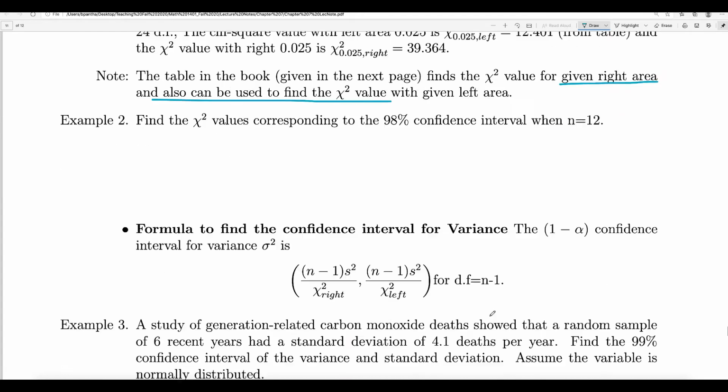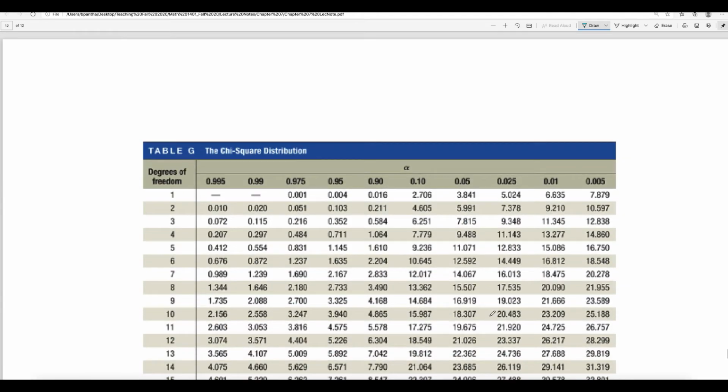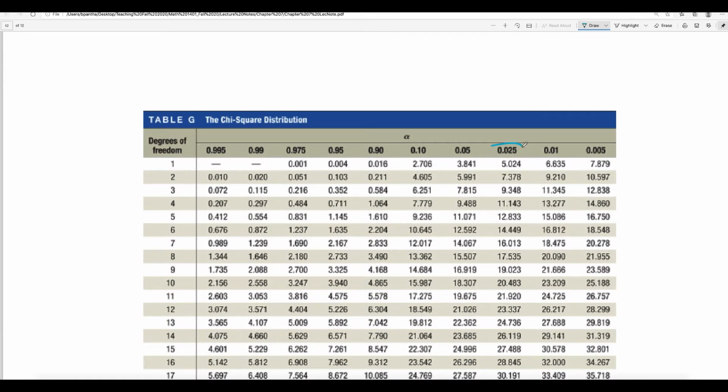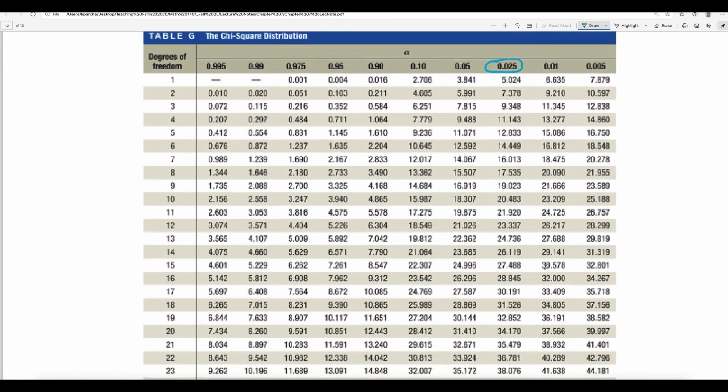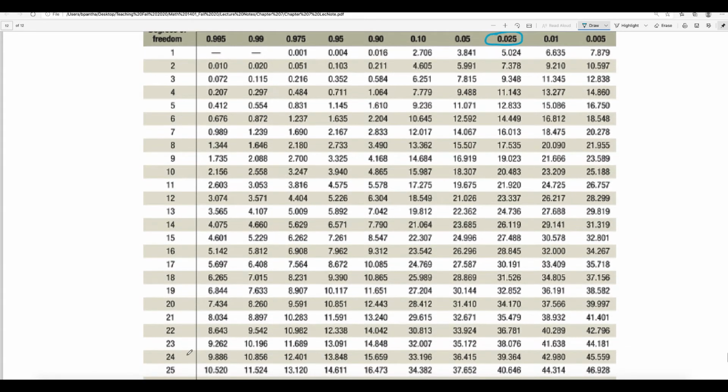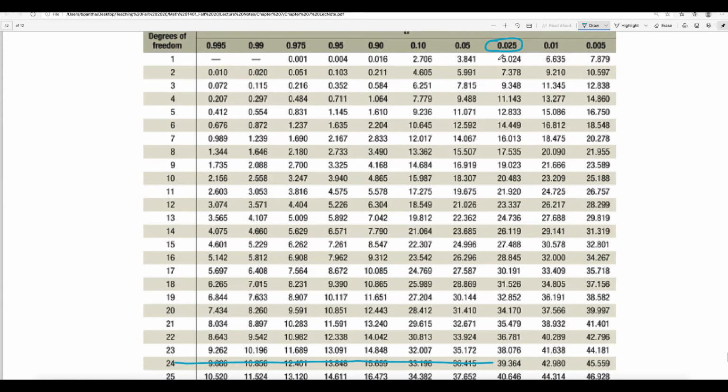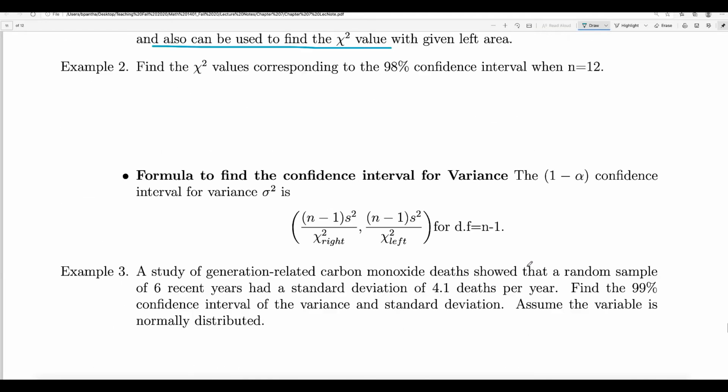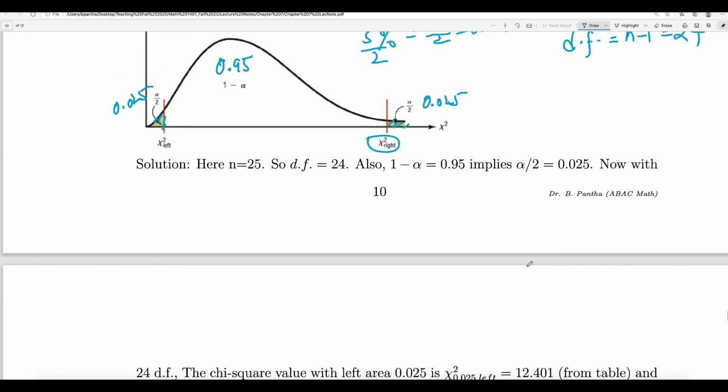Let's look at the column of 0.025 in the table. What is the degrees of freedom? 24, right? Because n is 25. So the degrees of freedom is 24. And the column of 0.025: we get 39.364. So the chi-square right value will be